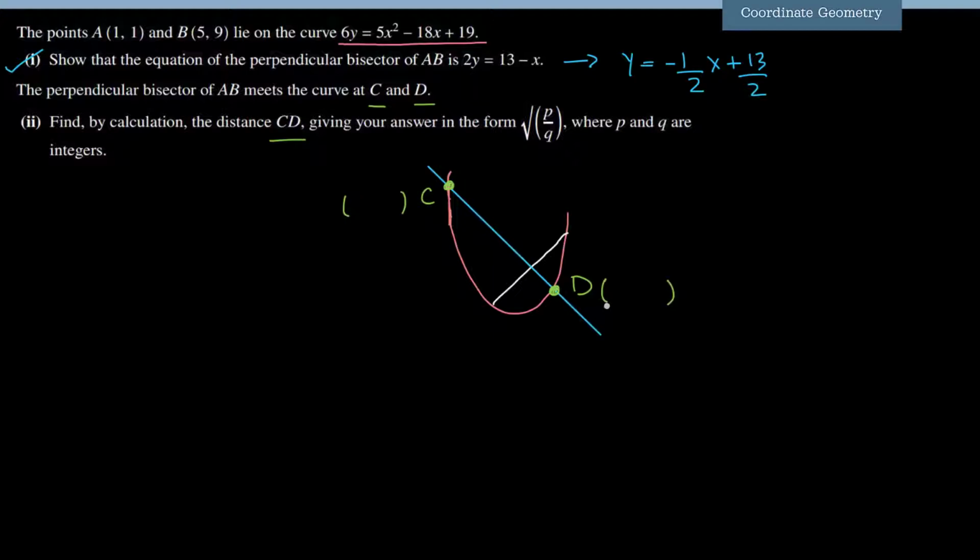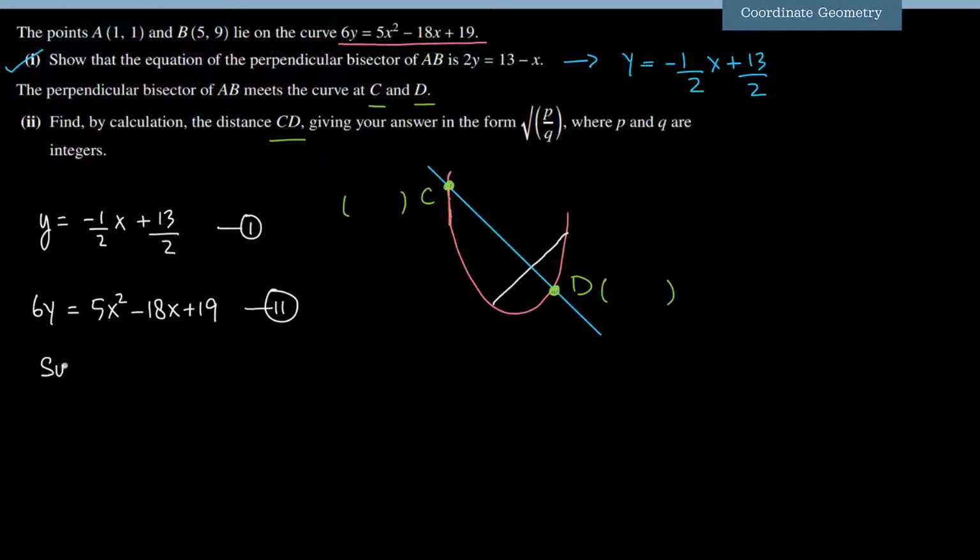And to find these coordinates, we are going to solve the equation of this perpendicular bisector and the equation of this curve simultaneously. The equation of the perpendicular bisector is y is equal to minus 1 upon 2 x plus 13 upon 2. And the equation of the curve is 6y is equal to 5x square minus 18x plus 19. This is the first equation and this is the second equation. I am going to solve these two equations by the method of substitution, and since in equation 1 y is already the subject, I am going to substitute the value of y from equation 1 into equation 2,